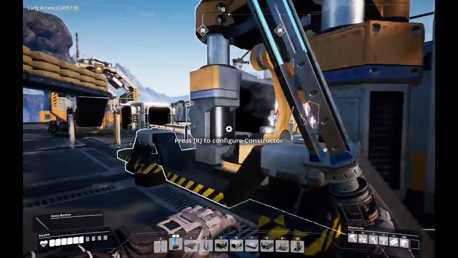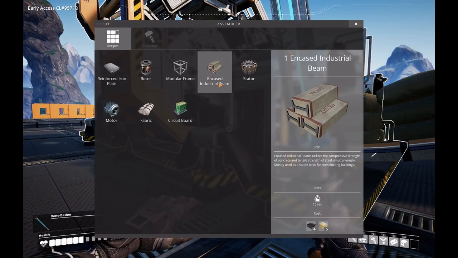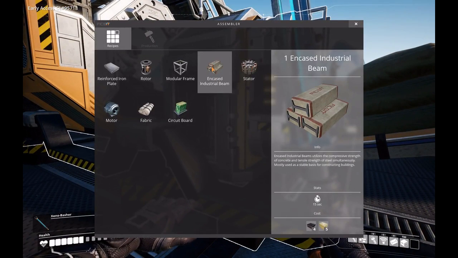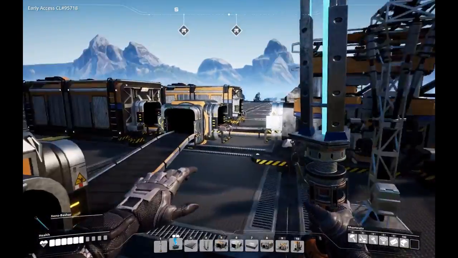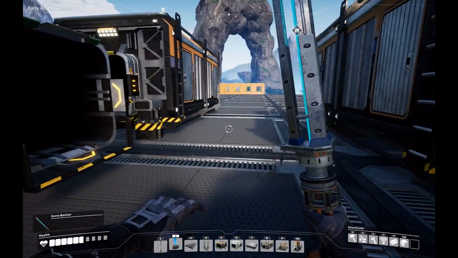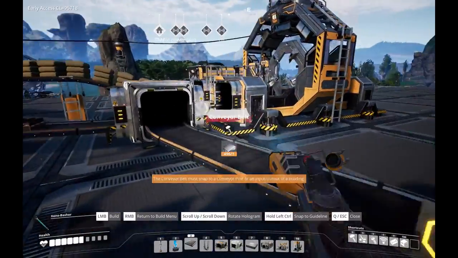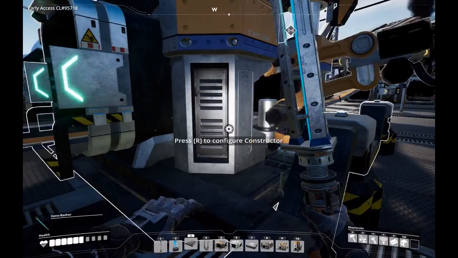And hey, wait, we have a new recipe over here. Actually, oh, we have to research the recipe. That's not what I wanted. So we'll do encased industrial beams out of beams and concrete. You are making beams, but I believe we can make them out of pipes once we do the research. You are also making beams. You should be making pipes. For now, you're making beams as well, and some of the beams will come over,